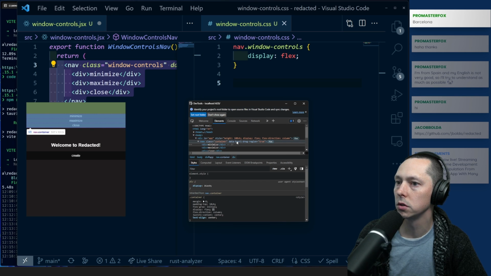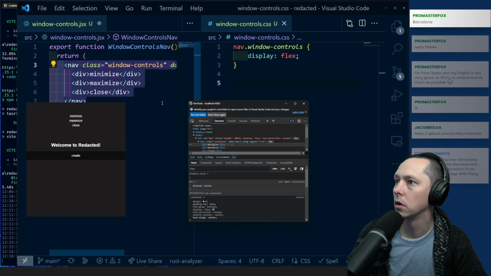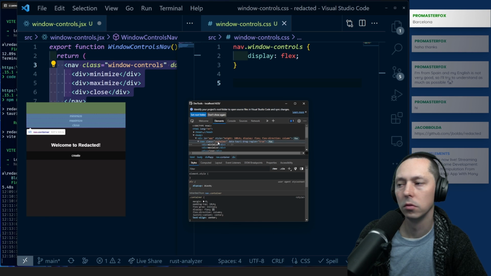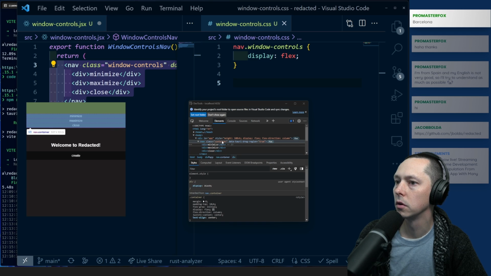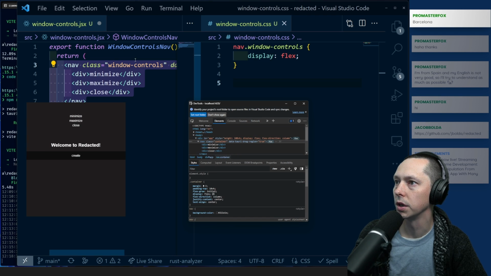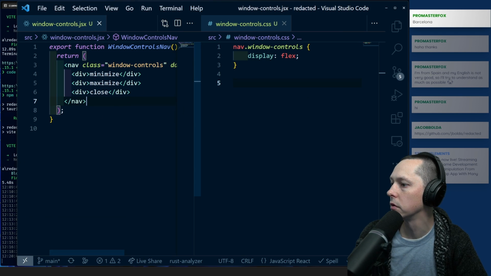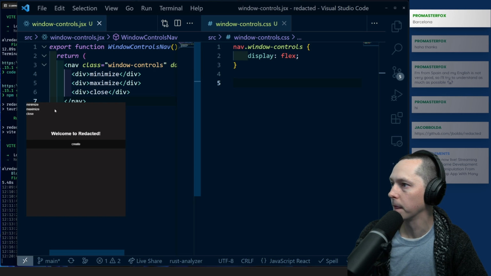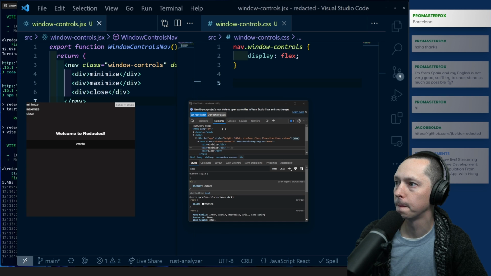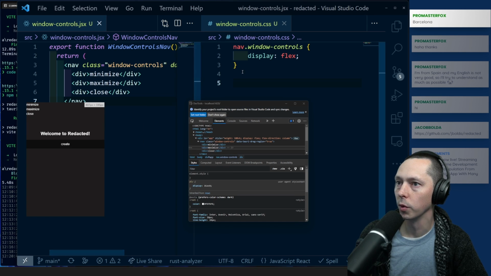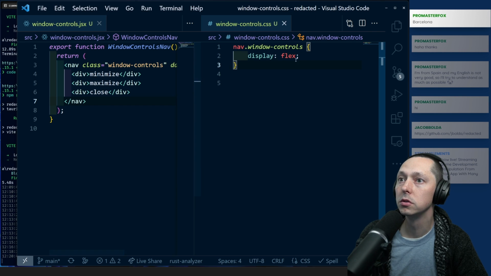We want, do not refresh. Yeah, class container. Oh, I didn't save. There we go. So now they're up on the top, and they're stacked. So what we want to do is